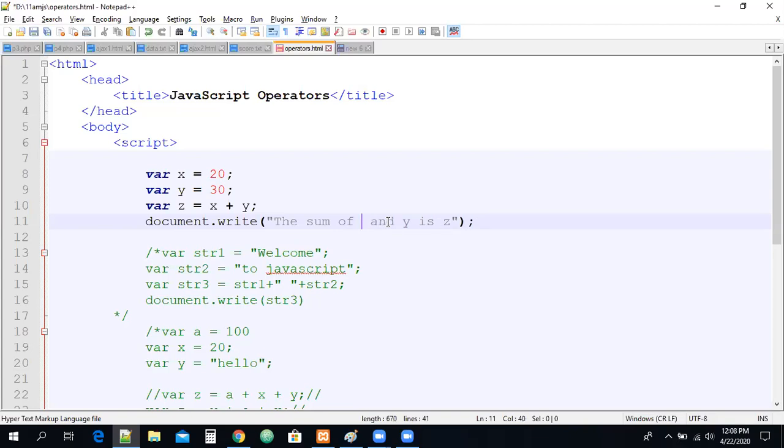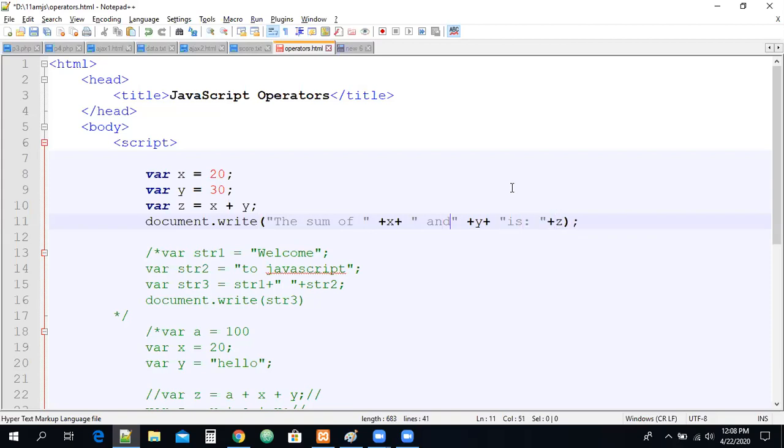Can you see, guys, how I am doing it here? Double quote, and then we have plus, and we have to take the variable. Why am I taking the variable here? The sum of is a string, yes or no? The string was in double quote, and the end is a string, and it was in double quote. The variable should be placed in between. If you want to keep a variable in between two strings, you have to use the plus operator before and after, guys. Now you can see is also a string. I have to use the plus operator before and after, and this is in double quote. Here also double quote. At the end of it, you can write plus z. This is how we can write, guys.